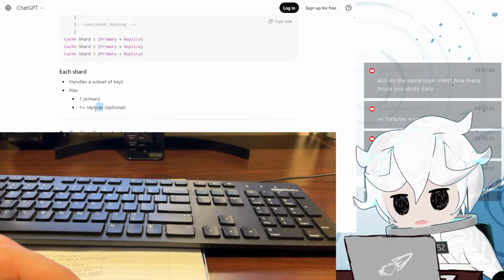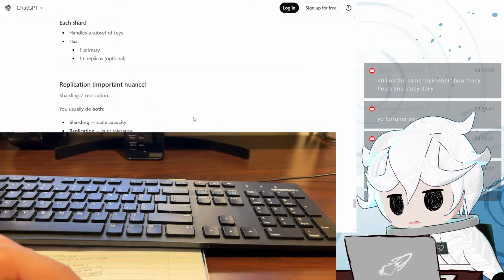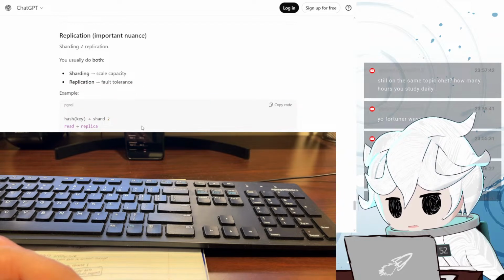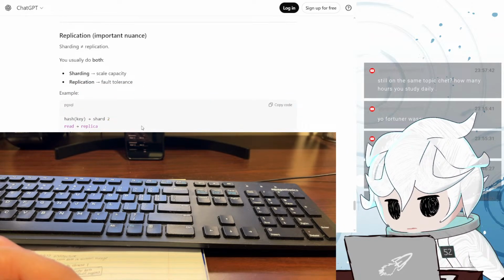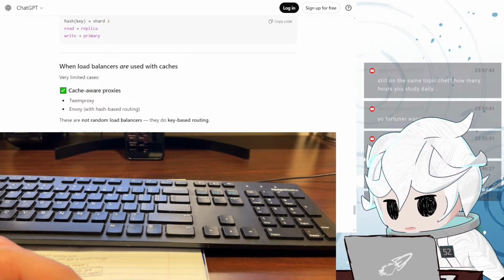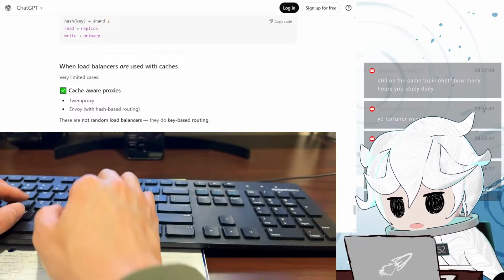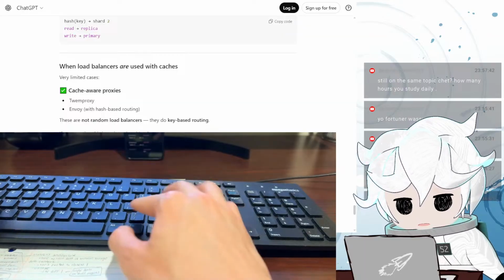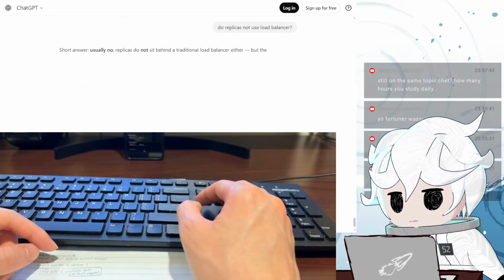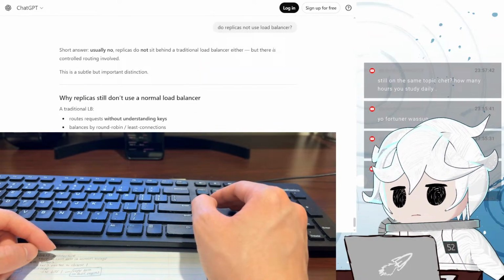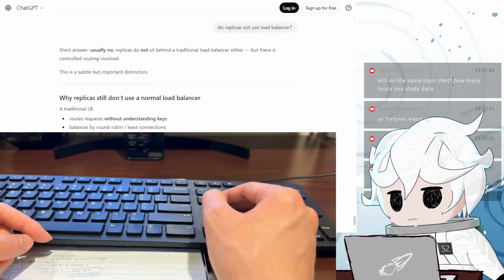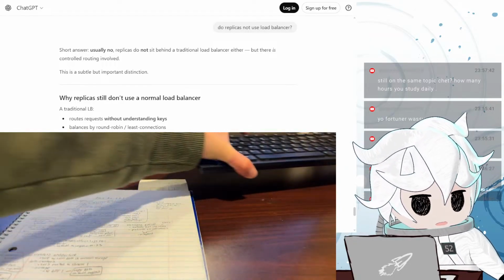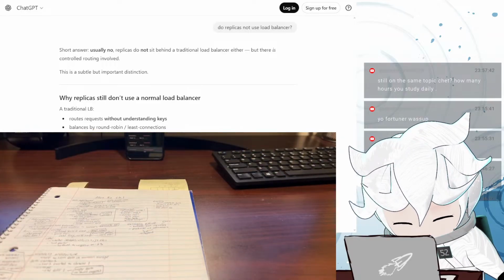The replicas? So do the replicas need a sharding replication? Do replicas not use load balancer? Okay. In a real interview, I'll just say replicas, not load balancing.